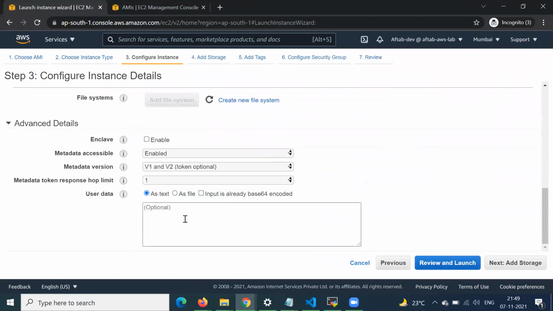We are also providing some user data so that I can show you guys how we will successfully create a custom image from our already running EC2 server, right?